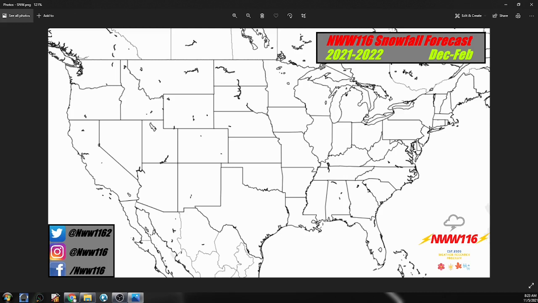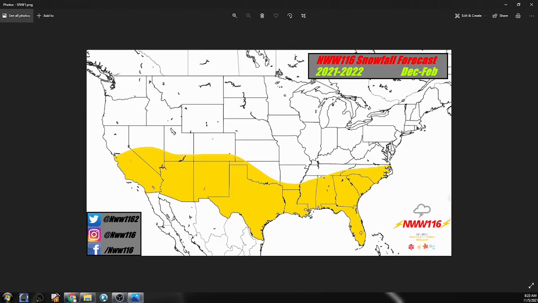So, alright, let's go ahead and take a look here at the snowfall forecast in terms of what we can expect across bits of the country this winter. We're looking at relatively below average snowfall for bits of the southern United States. This does take into effect those drier conditions as well as those warmer temperatures. Relatively across this area, we're slightly leaning into the potential for less snowfall.